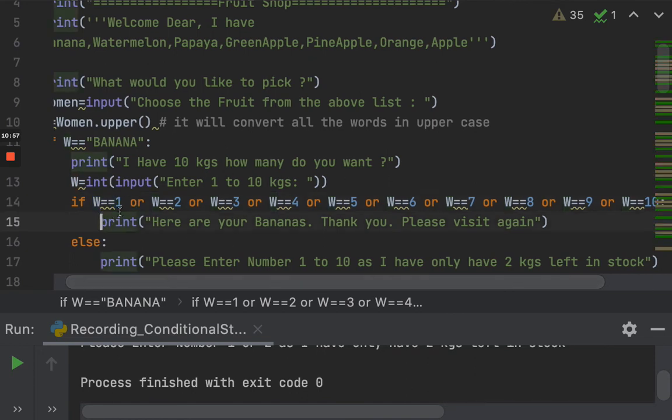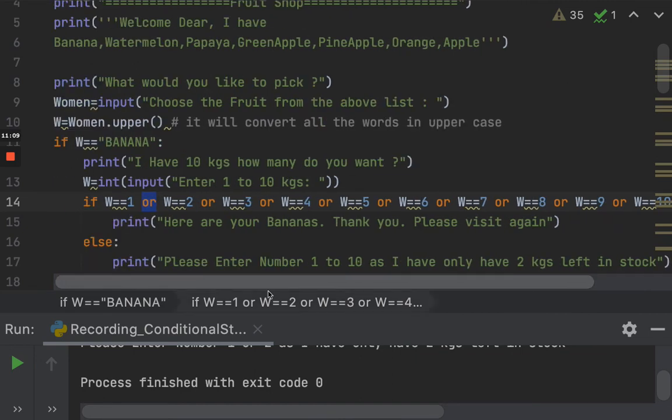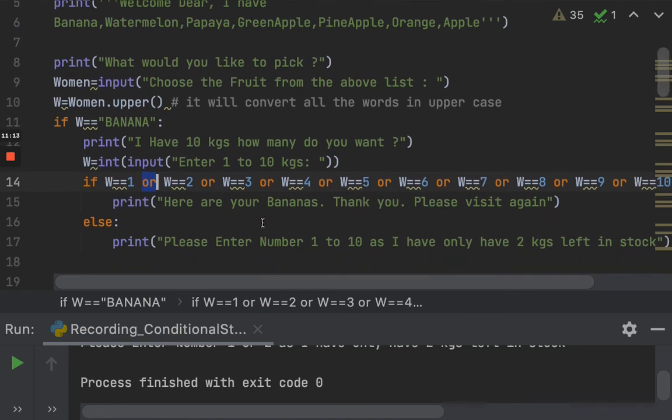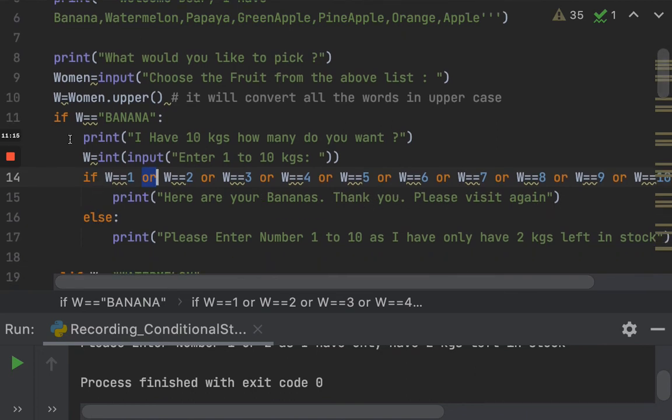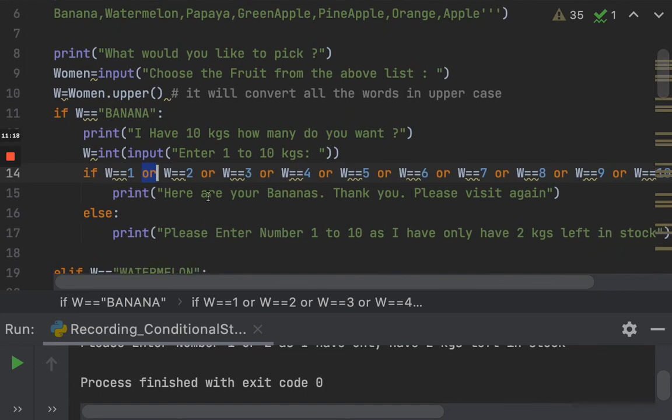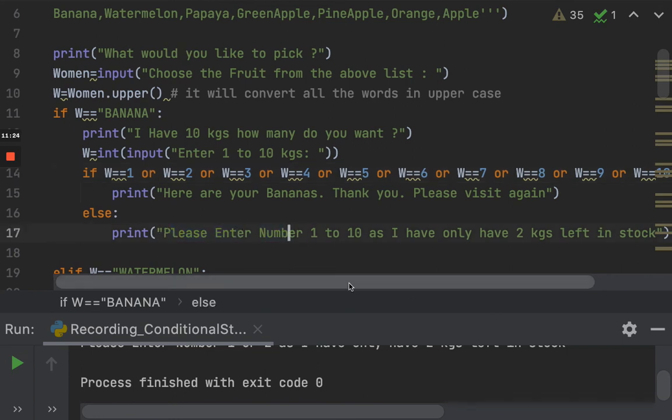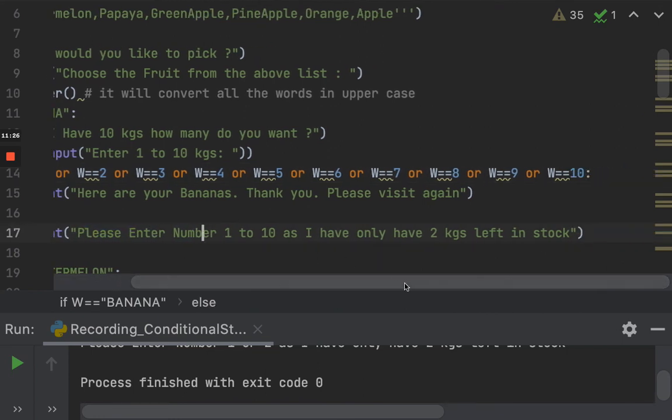down, like W is equal to 1, in a basic way for you to understand the conditional statement as of now. So you can just write or W is equal to 2, 3, 4 like that till 10. Then I have said that here are your bananas. Thank you. Please visit again. Here again I have used an else block inside this. If you have chosen the number 11, let's say, you would get a message like